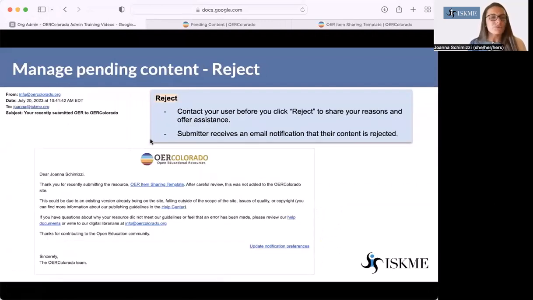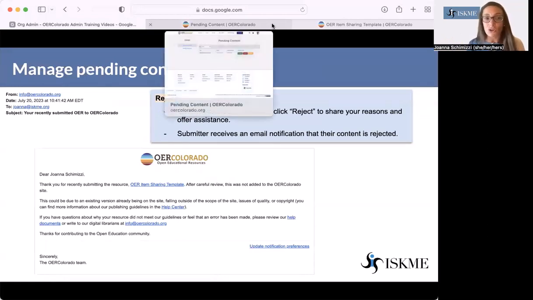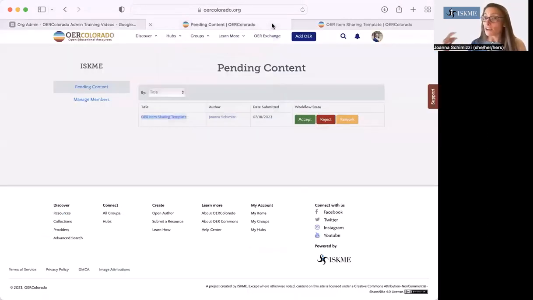What if the resource really isn't the right fit for this platform? Perhaps it's a copyrighted resource and it has some videos or proprietary information that the user didn't have the right to use. Or perhaps it's a higher ed resource or some of the other reasons that don't fit the criteria